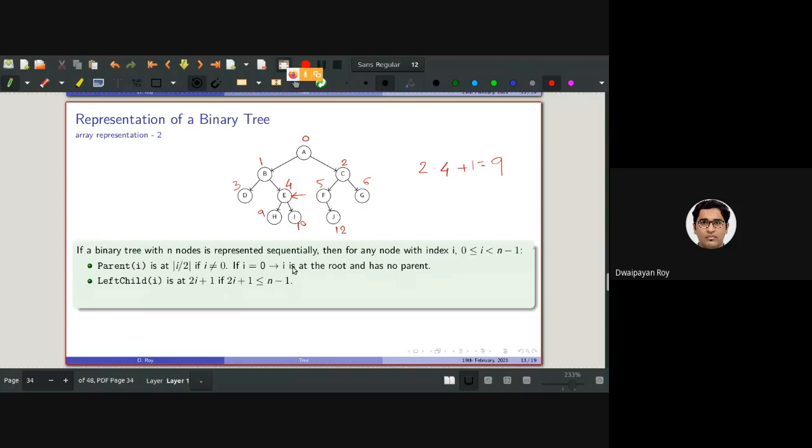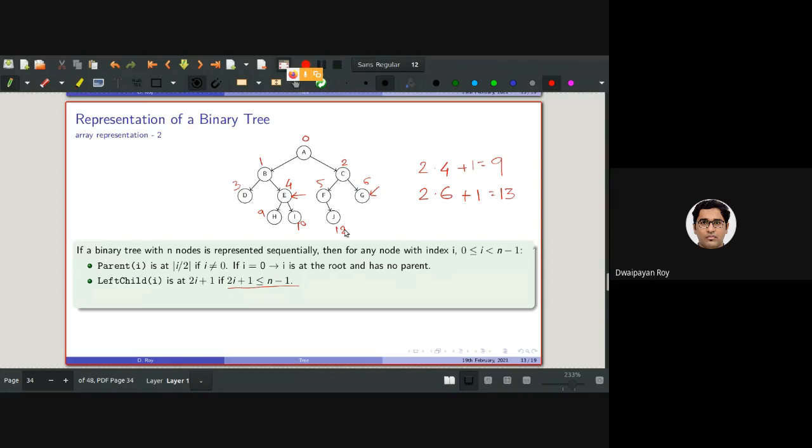There is a condition: if 2i plus 1 is less than or equal to n minus 1. If I consider this, here the value of i is 6. So 2 into 6 plus 1, so what is this? Sorry, this is actually 13. But altogether, how many nodes are there?